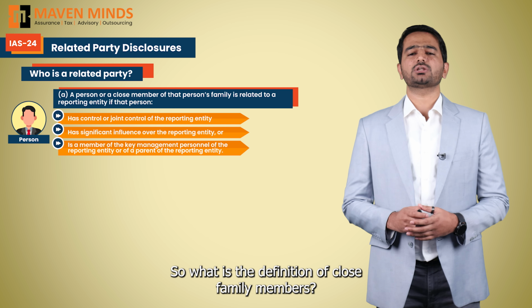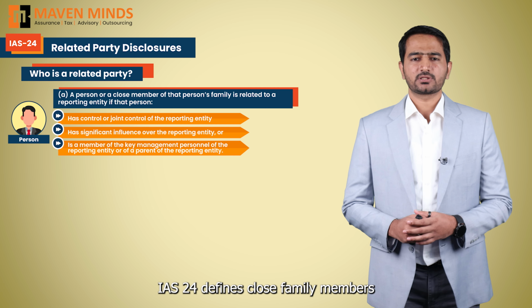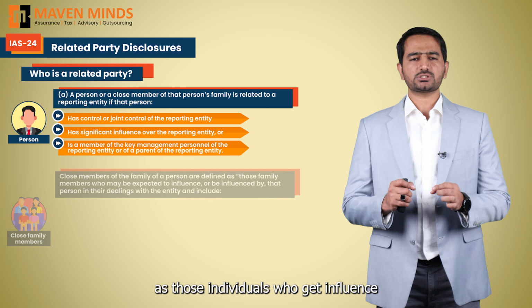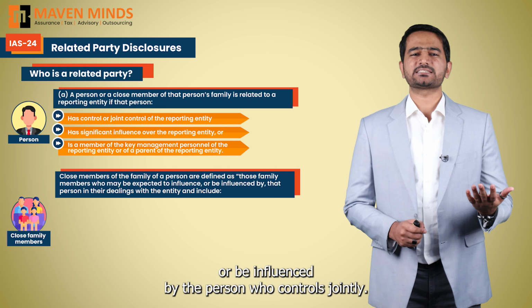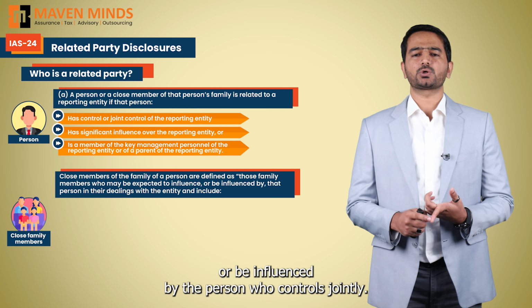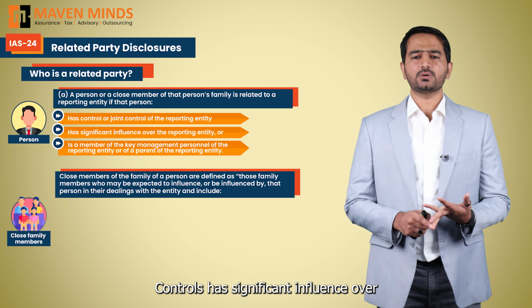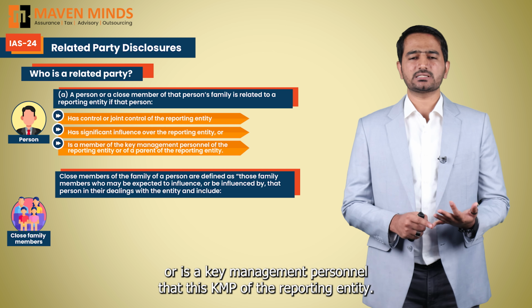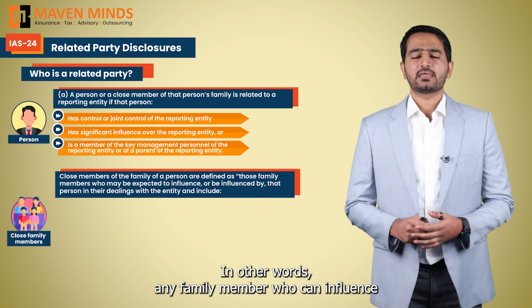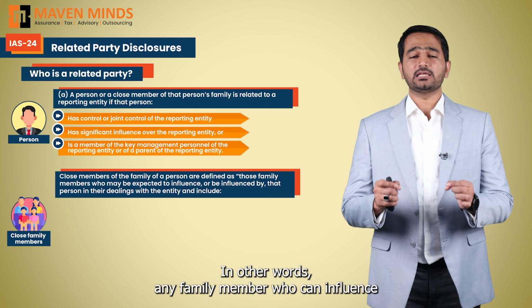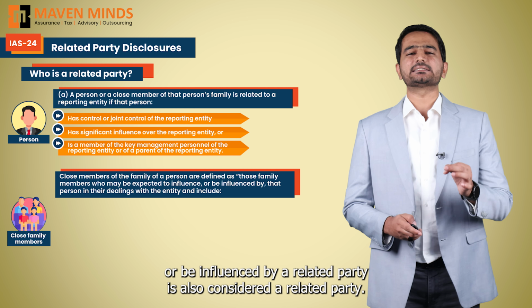So what is the definition of close family members? IAS 24 defines close family members as those individuals who can influence or be influenced by the person who controls, jointly controls, has significant influence over, or is a key management personnel, that is KMP, of the reporting entity. In other words, any family member who can influence or be influenced by a related party is also considered a